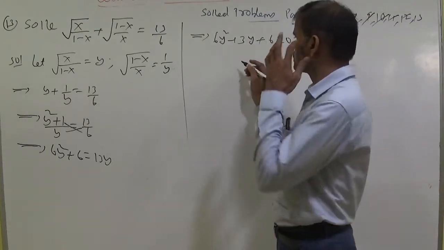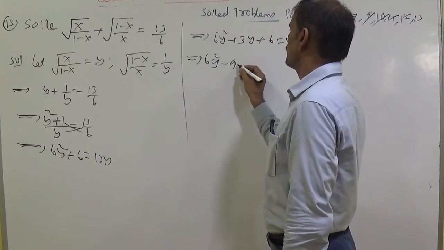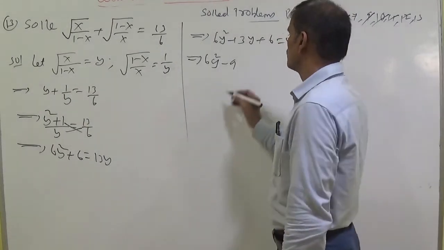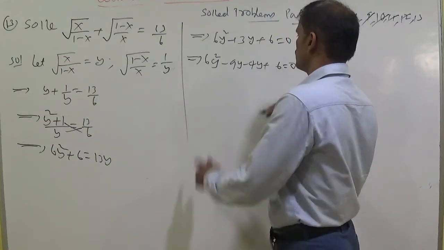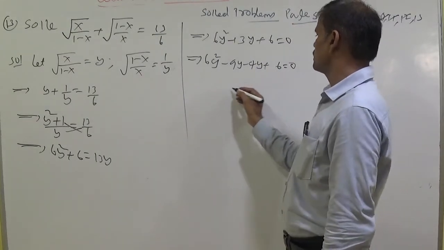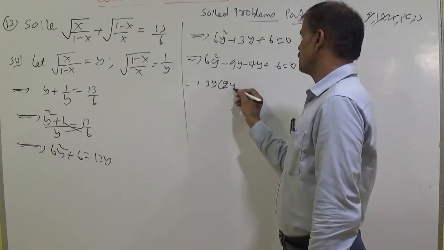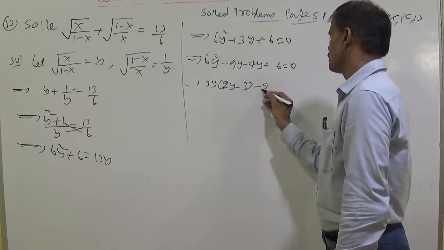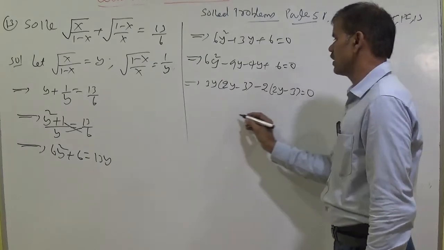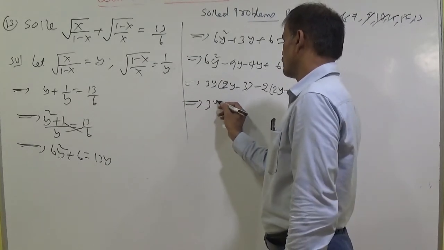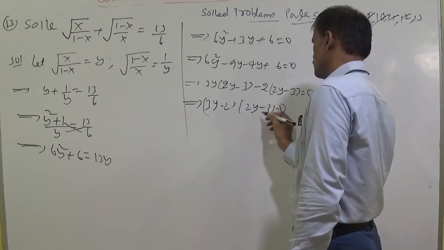We have 6 times 6 is 36, and we need splitting the middle term or factorization. For 36 we know 9 and 4. Whenever 9 and 4 are added it becomes 13y, that we also know, that is why I am writing like this: 6y square minus 9y minus 4y plus 6 equal to 0. Now you can take common 3y, it becomes 2y minus 3. From minus 4y plus 6 you take common 2, then it becomes 2y minus 3. That implies you can write 3y minus 2 into 2y minus 3 equal to 0.